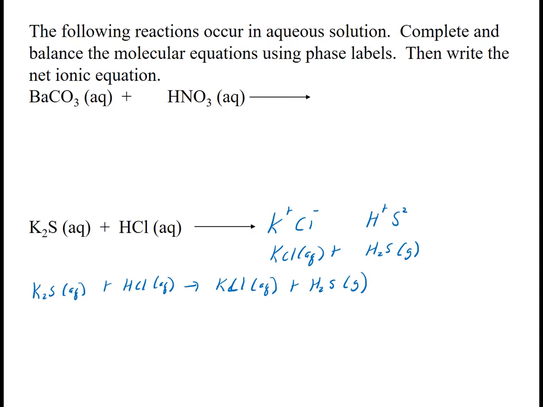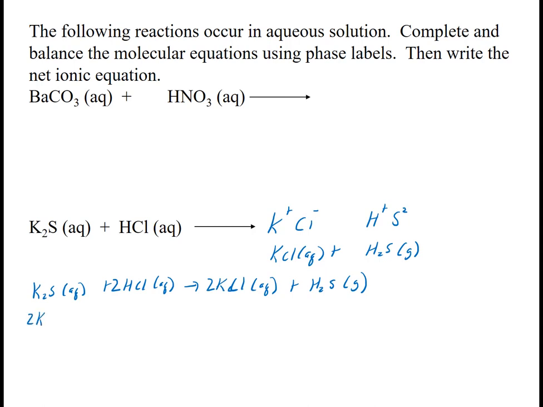So now I need to balance it. I have 2 potassiums here and 1 here, so I'm going to put 2 in front of that. I have 1 sulfur, 1 sulfur. I have 1 hydrogen and 2 hydrogens, so I'm going to put a 2 in front of this. And I'm going to check and see, and I have 2 chlorides and now 2 chlorides. So it's balanced. Now to write out the net ionic reaction, all this splits up, so 1 times 2 is